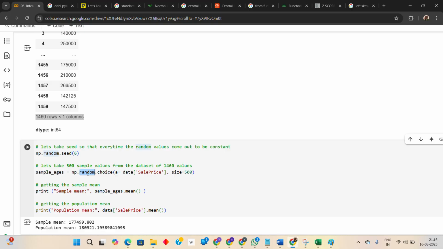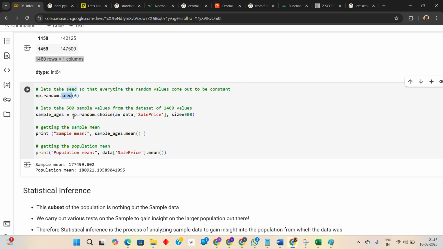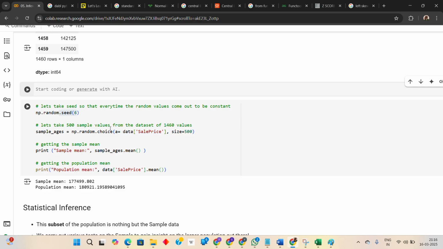Here we use a lot of random. Then what is the seed? The seed defines the random values I am getting. If you use the same seed, you will also get the same randomness. Random means every time I run it, we will get different values. For example, if I use this one,